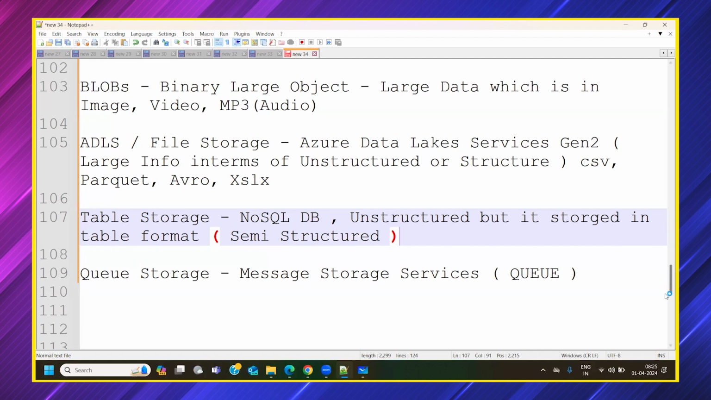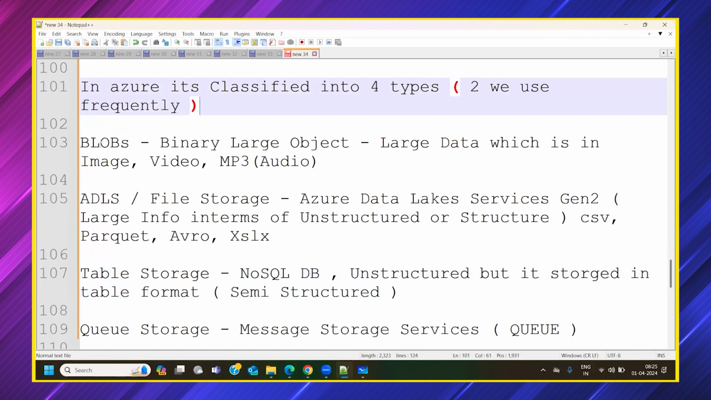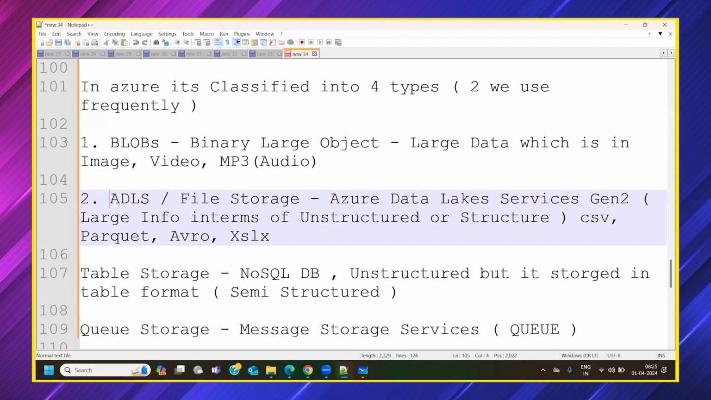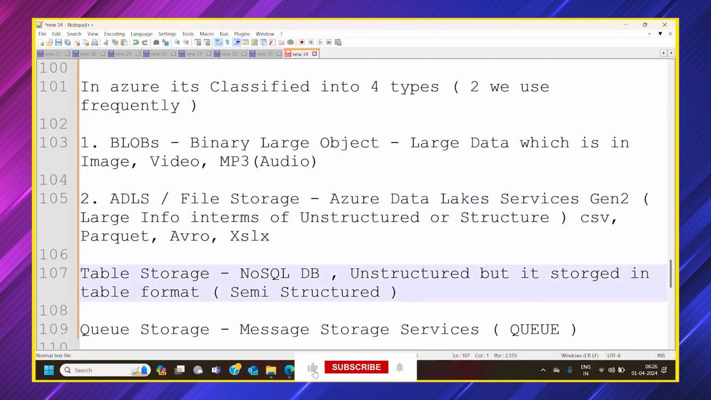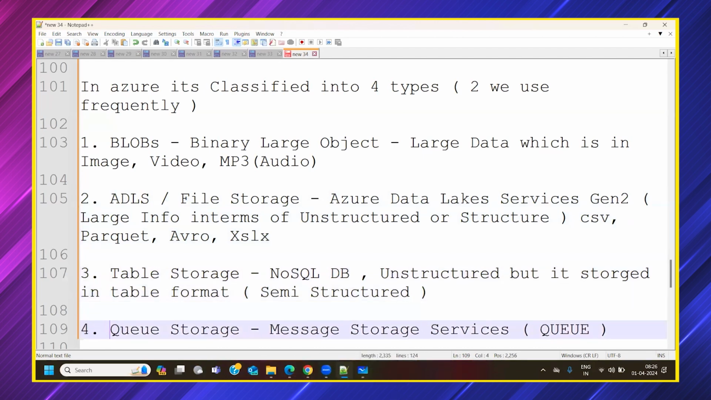So basically, there are four different types, out of which two we use frequently. One of them is blob. Second is file storage, which is also called ADLS. Third is table storage, a kind of NoSQL database. And fourth is queue storage. So any kind of storage service in Azure is broadly classified into four types: blob, file,